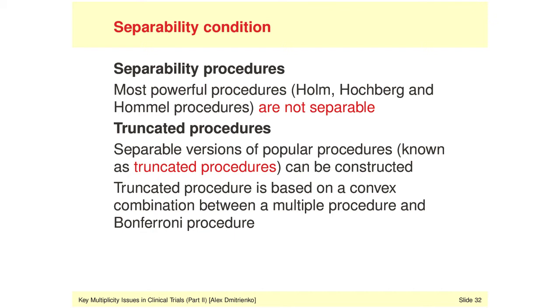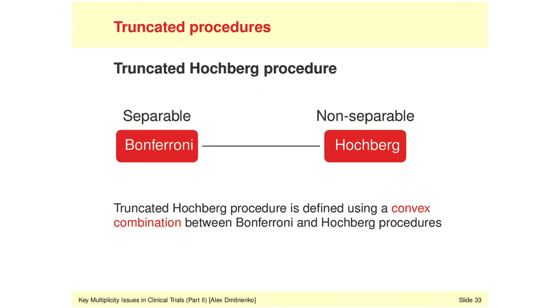A truncated procedure is based on a convex combination between the multiple testing procedure of interest and the Bonferroni procedure. For example, to construct a truncated version of the Hagberg, we should figure out how to compute a convex combination between the Hagberg and Bonferroni procedures. Of course, it's natural to ask this question at this point. What exactly is a convex combination between multiple testing procedures? We know how to compute convex combinations of 2 points on a two-dimensional plane, but multiple testing procedures are obviously very complicated objects. I'm going to show how to do it over the next several slides, but before we do